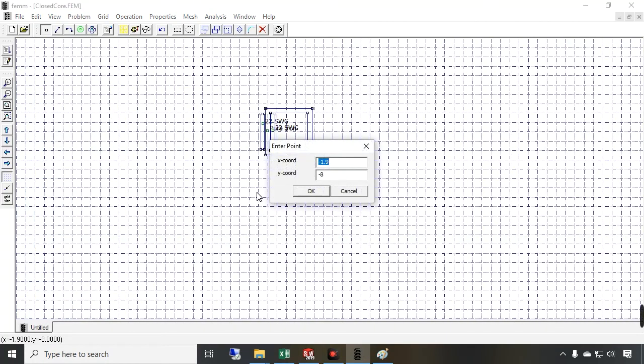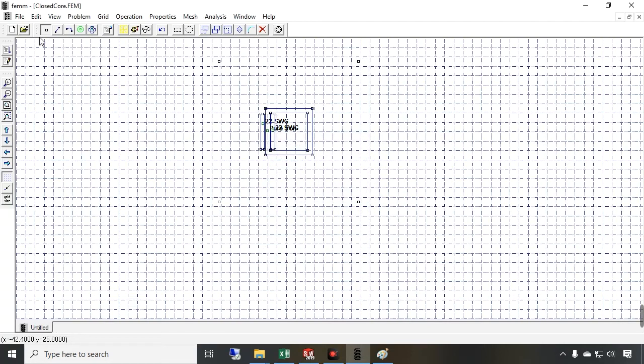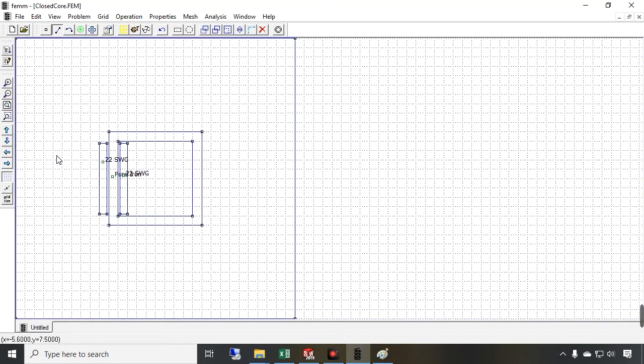Again, I press tab key, minus 10, minus 10, 20, minus 10, 20, and 20, minus 10, and 20. These 4 points. And then let's draw segments. Okay, this is the